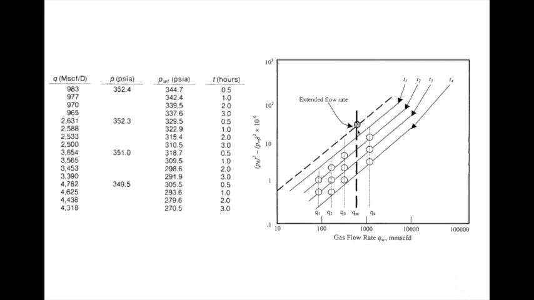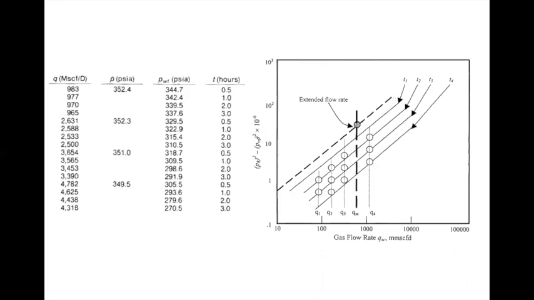But if you plot just that point, you will not be able to find out the deliverability curve. Therefore, we need different test data. From there, you can find out the slope. So once you know the slope, you have to just draw a line equivalent to that slope, and this will be your deliverability curve as you got in flow after flow test.